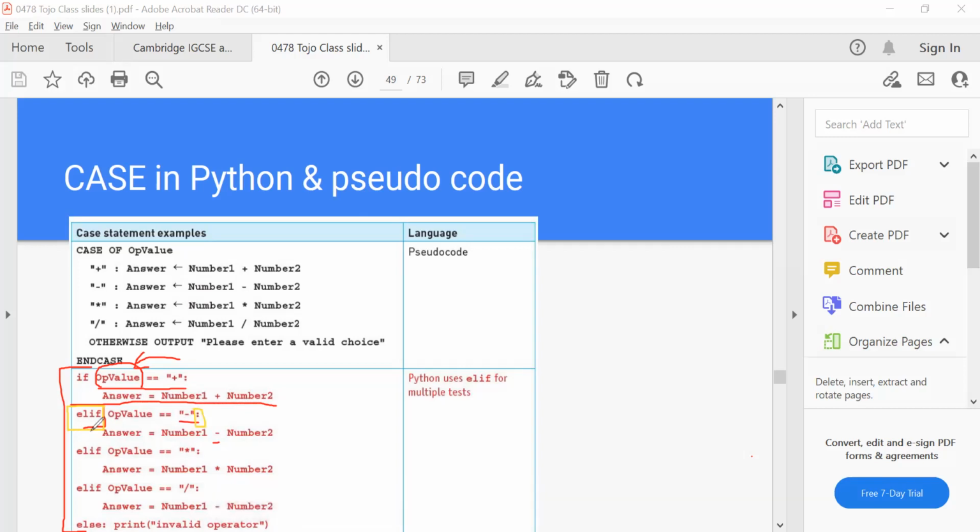Can you use an if statement twice, or do you have to use elif? Sorry, I didn't get you. Can you tell me the question again, please? Is it possible to use two if statements in a row, or do you have to use elif always?